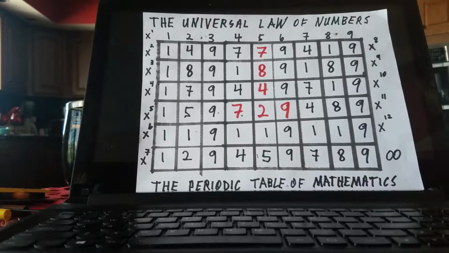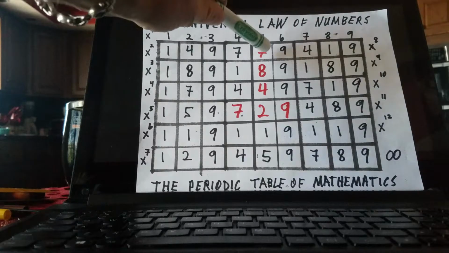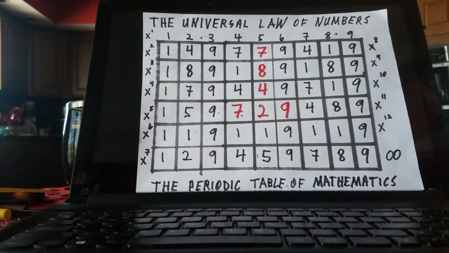But one thing I can bring to our attention is that 729 reduces to a 9. And 784, 7 and 8 is 15, plus 4 is 19, and it reduces to a 1. And I think at least that is saying something to us. And I want to kind of reiterate